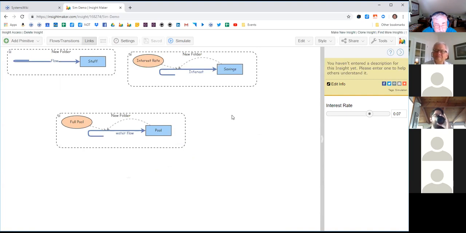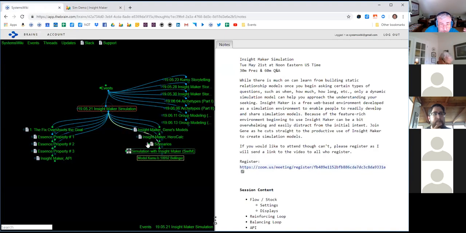If you go to the theater and you watch a play, you watch the relationships between the actors unfold from one act to another. At the end of the play, if it was done well, you leave with the story in mind. Well, if you take a complex model and you unfold it for people piece by piece and tell them a story, it's easier to understand than if you just show them the whole picture and say, well, that's it. And Insight Maker has a very nice facility for unfolding